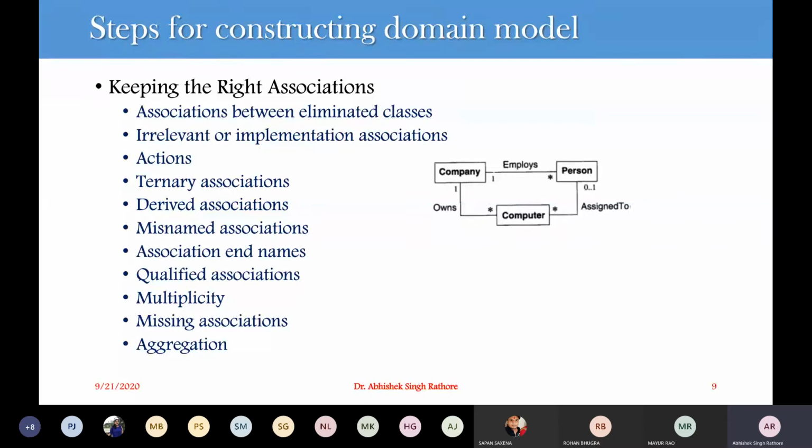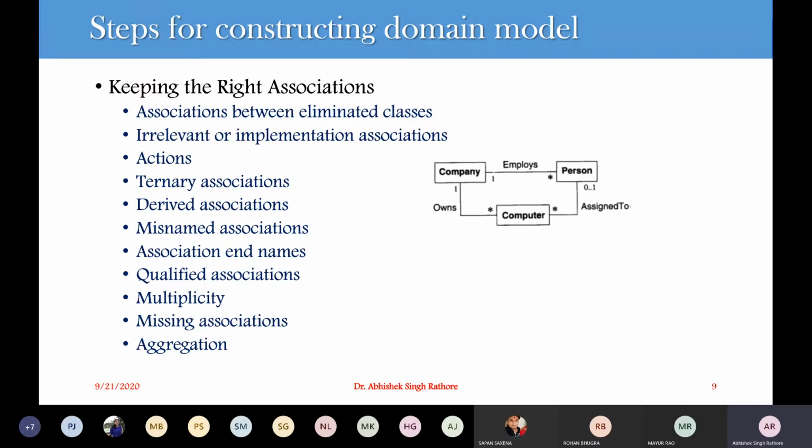Let's say we are having a boss and we are having a worker. Boss and worker are not unique names. So what we can do is, let's say we are considering Tata: Tata company's boss or TCS boss, and again TCS worker. So this is how we can identify uniquely, instead of a global variable or global objects. So we should go for qualified associations. We can add a particular qualified name, and we should not go for this in general cases.